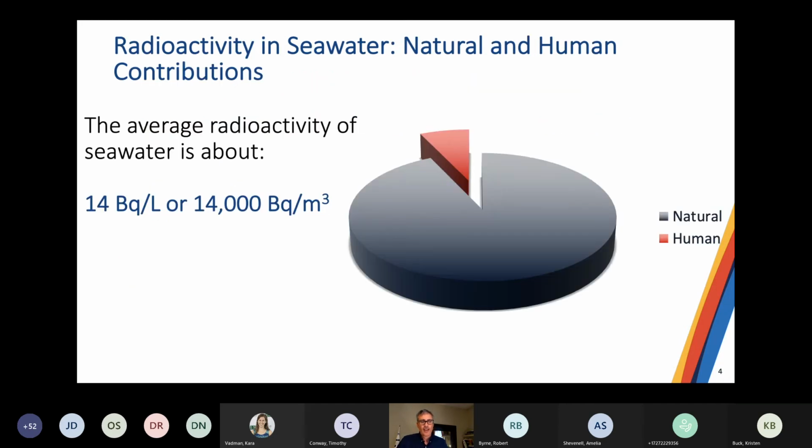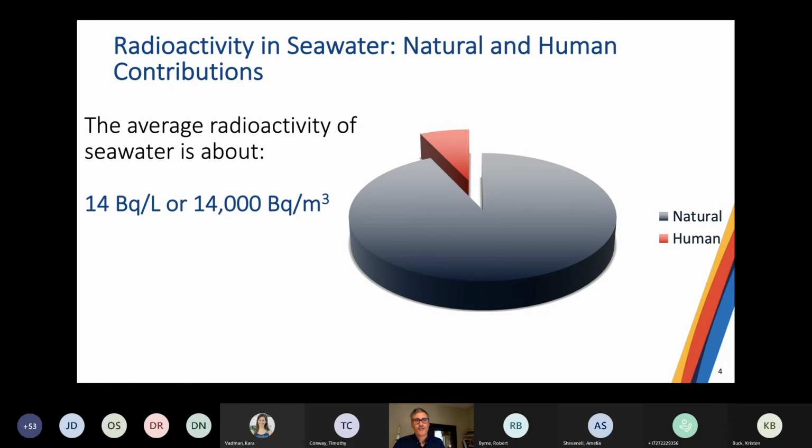Now, just so we understand how much radioactivity exists in seawater, if I were to go into the open ocean and return with a liter of seawater, there'd be about 14 becquerel per liter there. Or if you think about a cubic meter, 14,000 becquerel, 14,000 decay events per second in that volume. Now, most of those decays are occurring because of naturally occurring long-lived radioisotopes that have been present in the environment forever. About 7% of those decay events occur because of elements that,